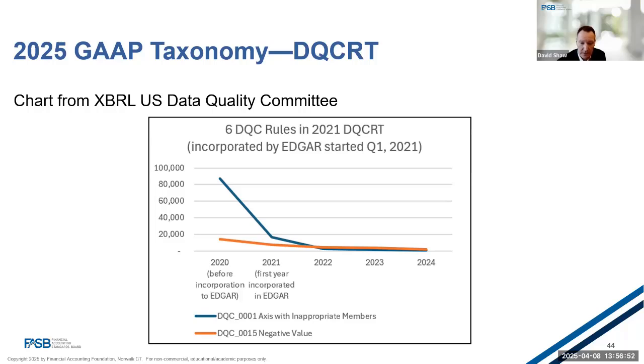But after the checks were incorporated, you see a precipitous drop in the number of exceptions to these two rules. And to me, that really signifies two things going on here. One is that the DQCRT is having its intended impact on addressing data quality issues. But two, also that the service providers and preparers are embracing these rules and addressing the data quality issues in